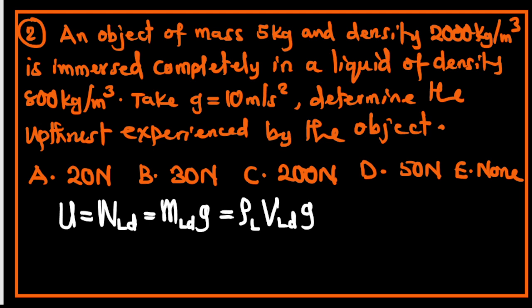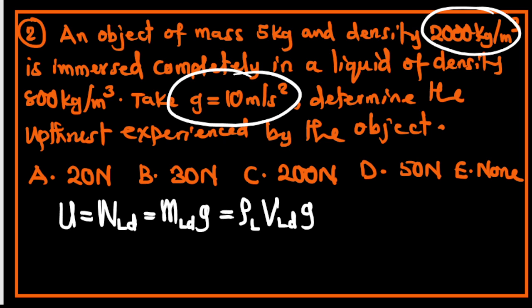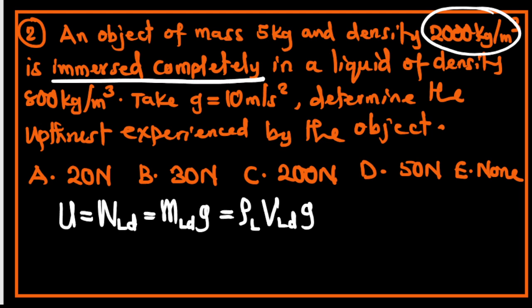Density of the liquid, we have it, this is it here, 2000 kilogram per meter cube. G, we have it, this is it here, 10 meter per second square. What's delaying us right now is the volume of liquid displaced. Now, how do we know what the volume of liquid displaced is here? Look at this statement, it says it all. Immersed completely. Since the object was immersed completely, it means the volume of the object must be equal to the